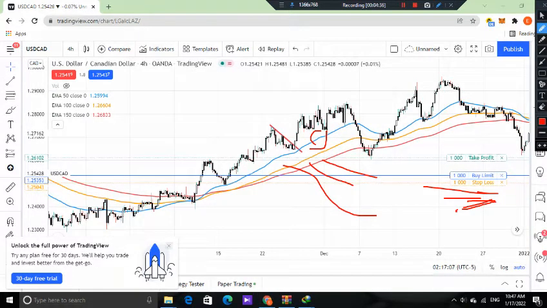And if you want to know how deep your pullback would be, it's usually something like 50%, and you can draw a line above this at each top,